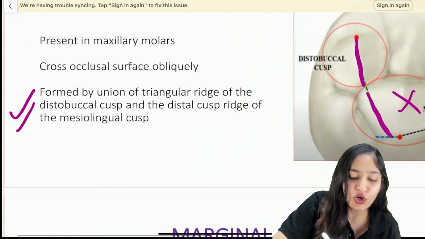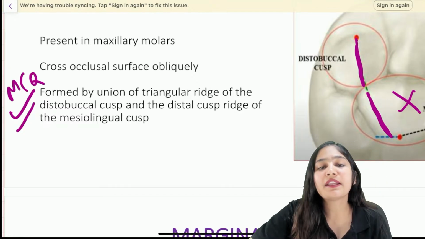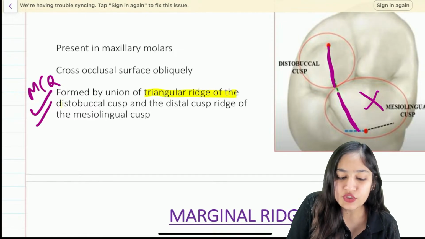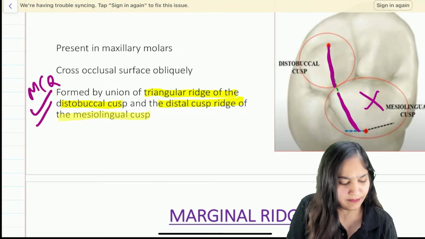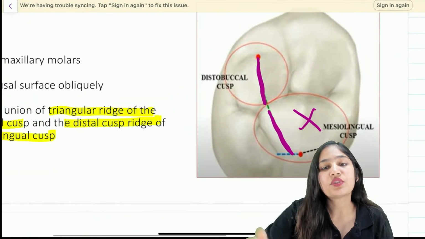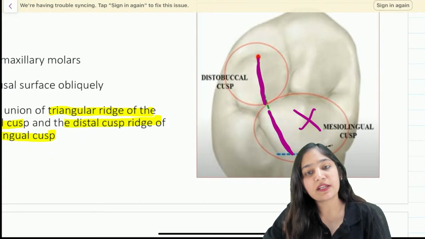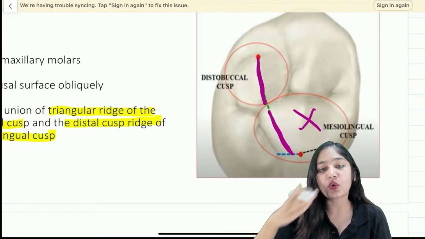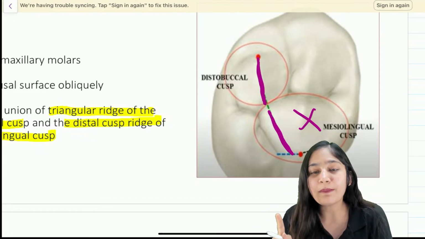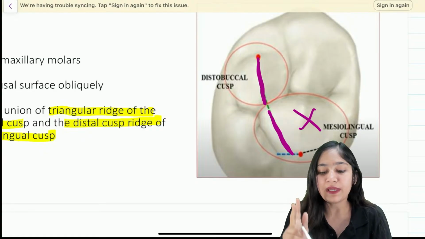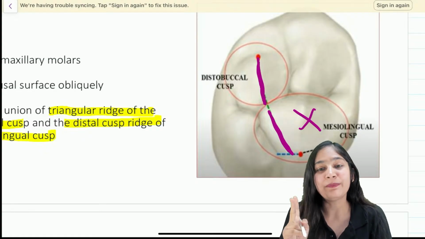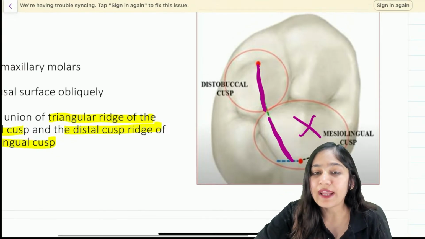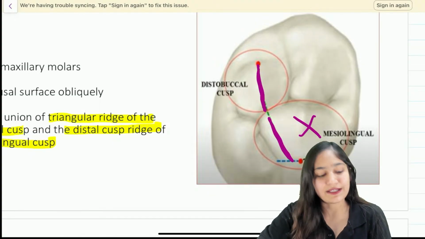So this is again an important MCQ question. Oblique ridge is mainly a union of what? Triangular ridge of distobuccal cusp and distal cusp ridge of mesiolingual cusp, right? So you can be asked an image based question regarding oblique ridge also. So don't get confused between oblique ridge and transverse ridge. Oblique ridge mainly crosses occlusal surface obliquely and is not formed by the union of two triangular ridges. It is mainly a union of one triangular ridge and one cusp ridge. So distal cusp ridge of mesiolingual cusp and triangular ridge of distobuccal cusp,